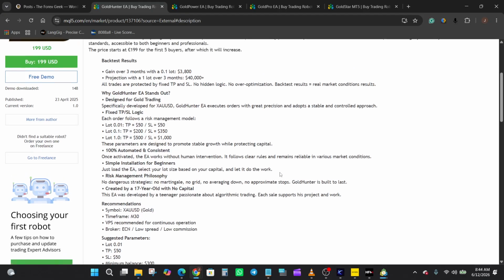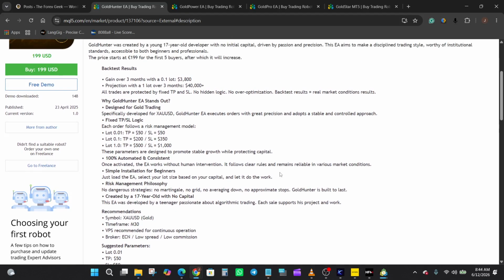The developer also recommends using an ECN broker with low spreads and low commissions and suggests running the EA on a VPS for continuous operation. Now, when it comes to features, the main focus here appears to be fixed take profit and stop loss management. Every position is protected using predefined TP and SL levels, which means risk parameters are clearly defined before a trade